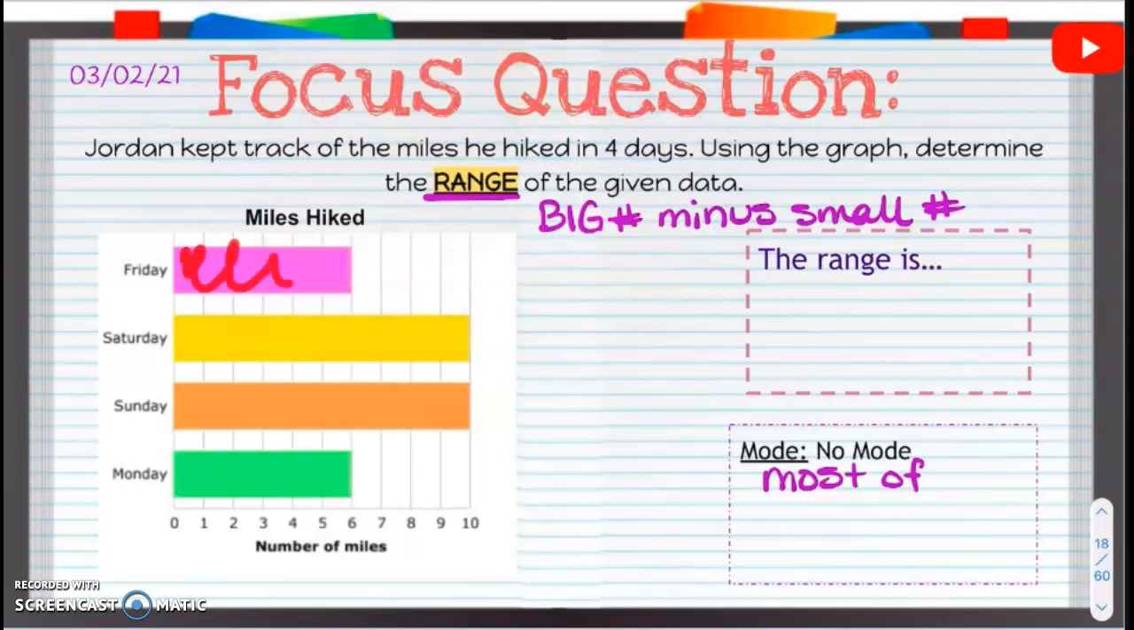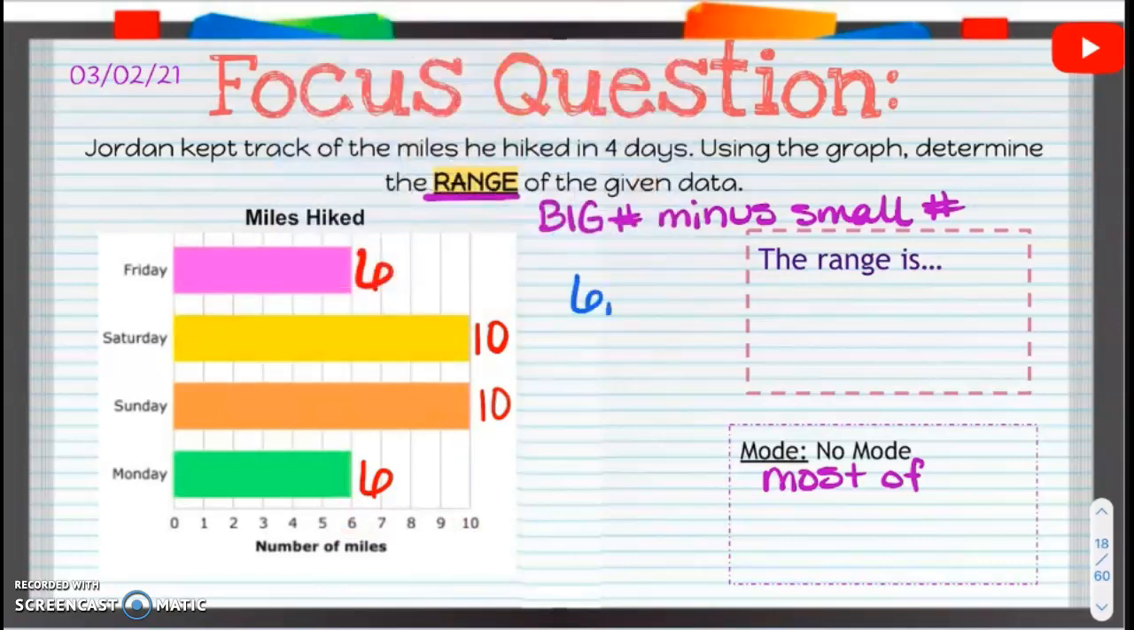On Friday, he hiked 6 miles. Saturday, he hiked 10 miles. Sunday, 10 miles. And Monday, 6 miles. So those two both go 10 miles. This is 6. All right, so when we put them in order,